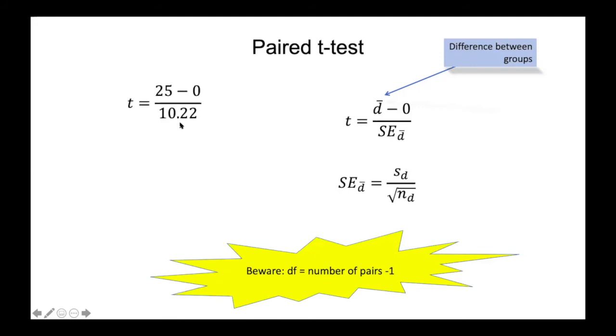The standard error of this difference was calculated as 10.22. And so we can calculate a t-test statistic from our paired t-test of 2.45. In this case, we had 10 pairs of observations, so our degrees of freedom are equal to 10 minus 1,